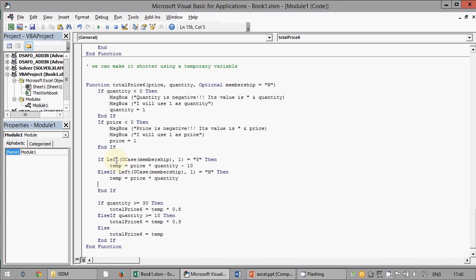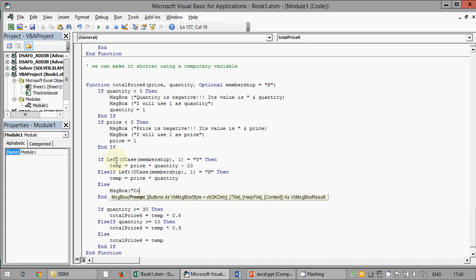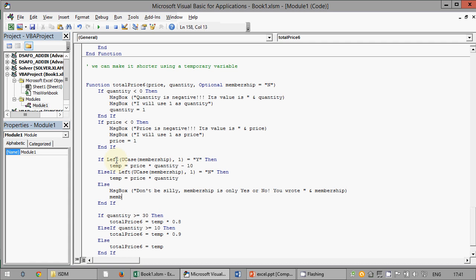Okay, and now else, message box: don't be silly, membership is only yes or no. You vote, and membership, and we use this.